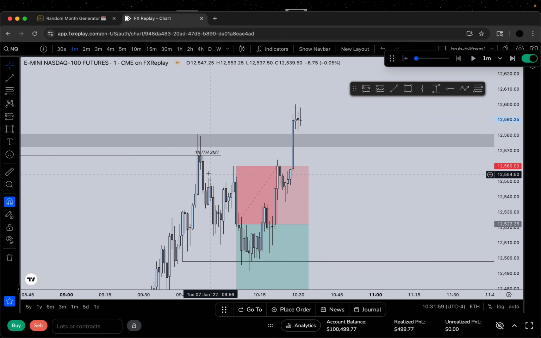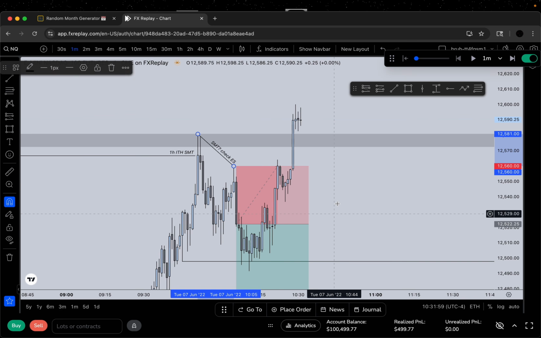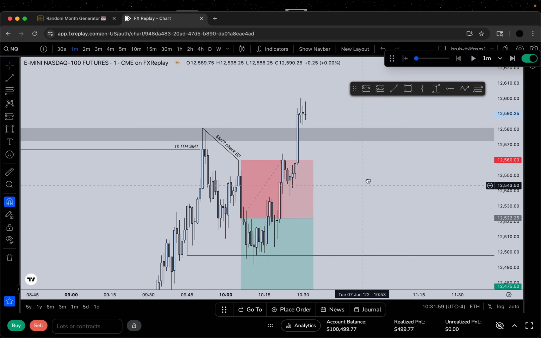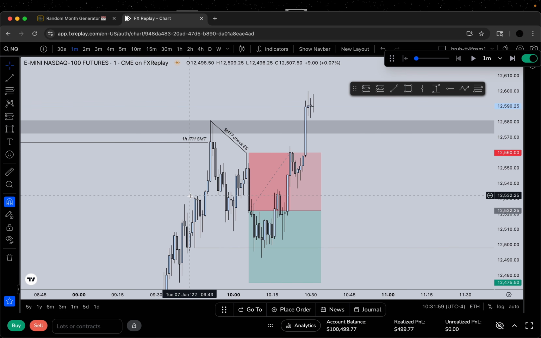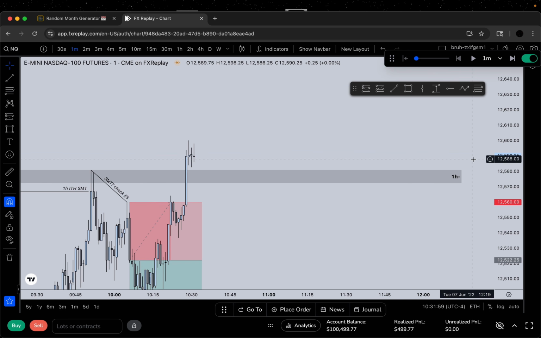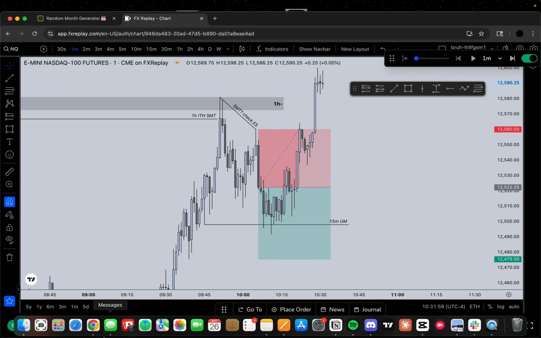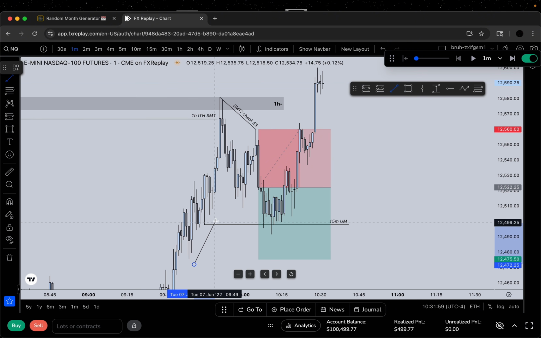Stop loss here. And then the thing is, I'm going to put SMT. So this is not an SMT. Do not think that this is valid. I'm going to put SMT check ES. The reason why I didn't care that ES made equal highs is because I don't really care about ES making equal highs like that. And I really liked this change to this day where you had a few candles up and then dumped. Let me go and drag this closer. So that right there, that right there. And then obviously LR throughout all of this. Super obvious LR.